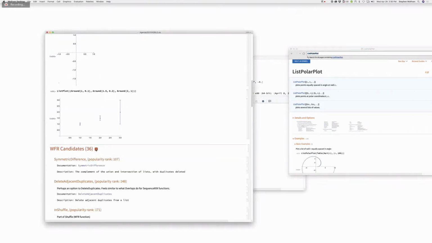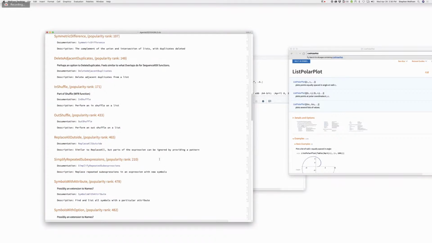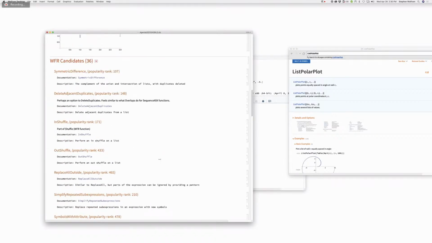Okay. Should we jump into WFR candidates? Yes. So this time there is a difference. In the previous iteration, we sorted things by rank, but this time we have selected